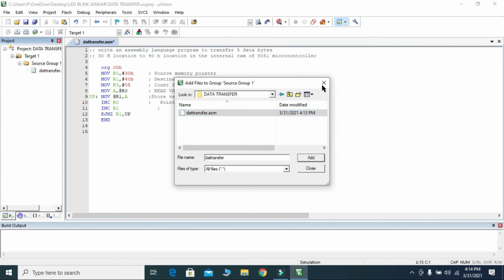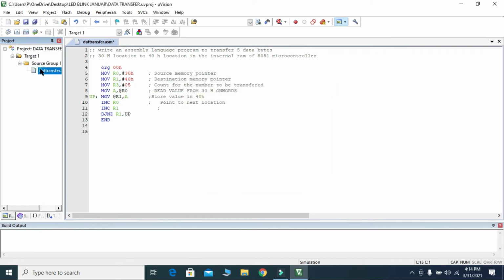Now you can see the program is added here. Now you can compile this. You may or may not get errors. You can see here 0 errors and 0 warnings.